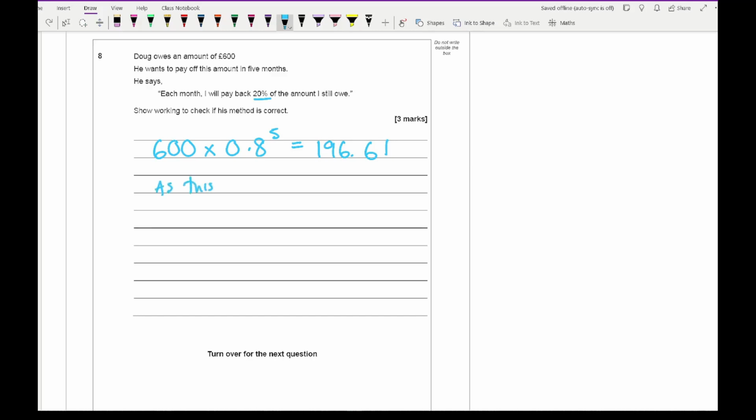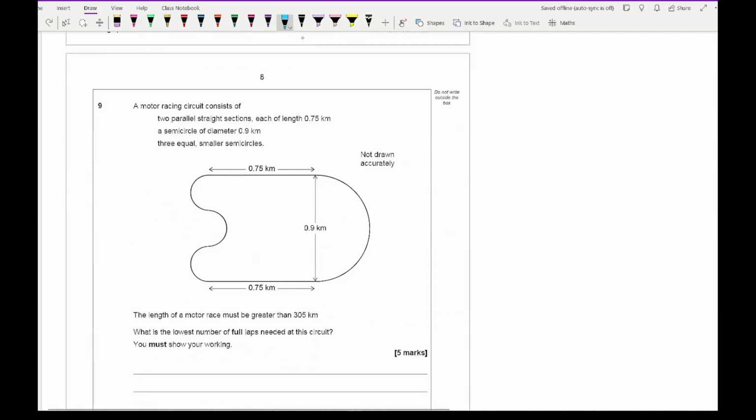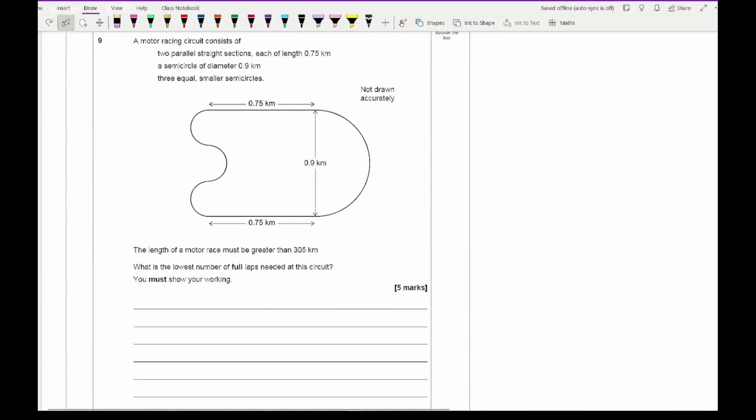As this is not 0, there is still payment to pay. So he is wrong. Something along those lines would be absolutely fine. I would say for that calculation you get 2 marks, and something just to summarise why it's wrong, you get 1. And looking at question 9, it says that a motor racing circuit consists of 2 parallel straight sections,